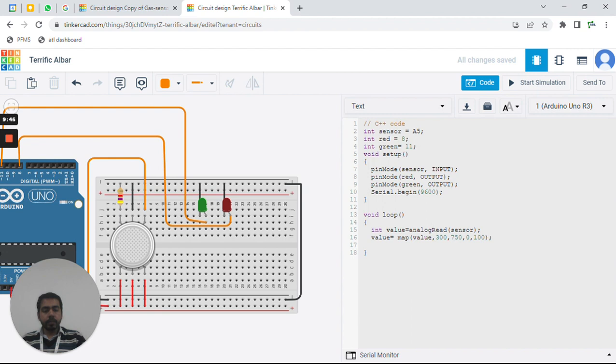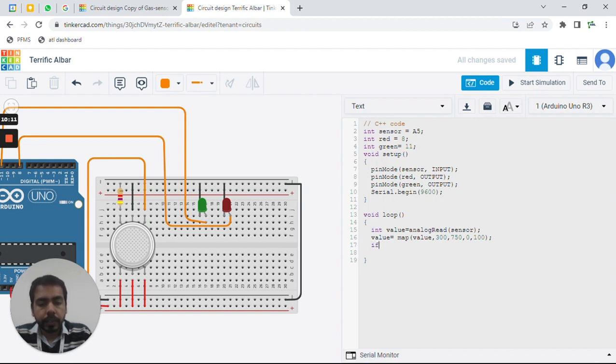So these two function parameters are like imin and imax, that is the input value of minimum and the input value of maximum. So these are the range of input, and this is the output minimum and output maximum. So that is omin and omax. Okay, so omin and omax. So that's how we map.